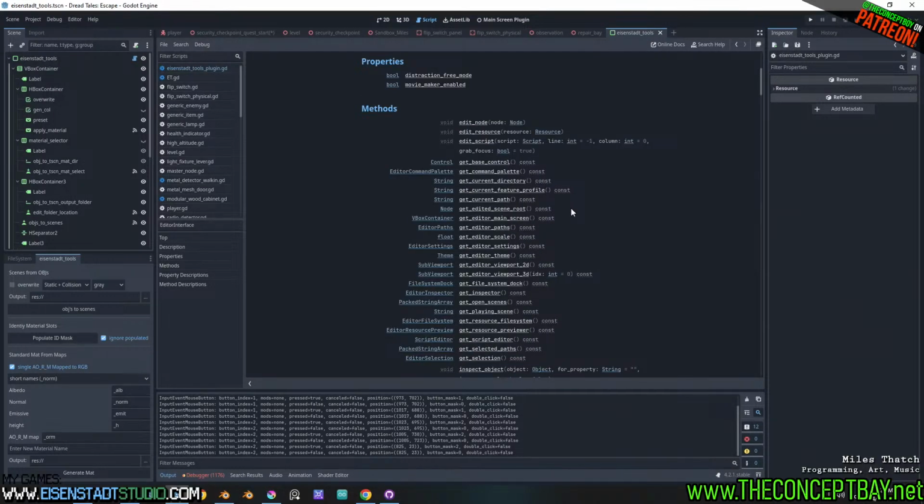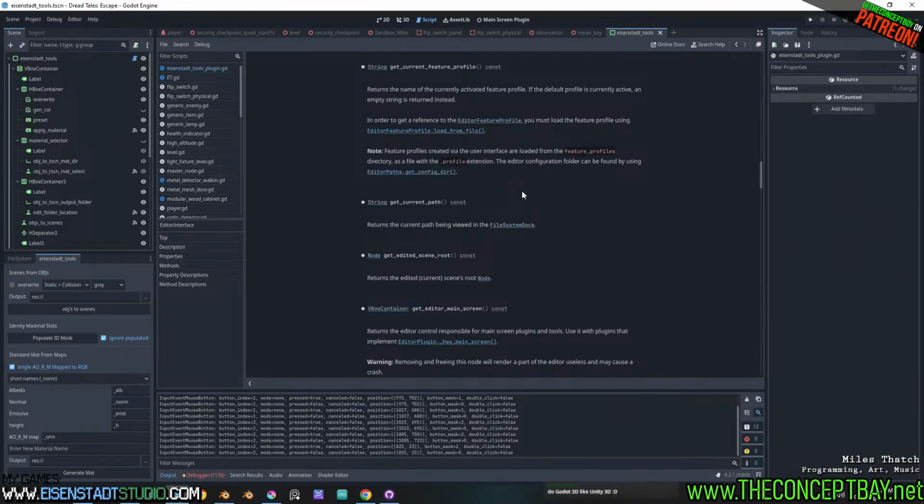Get command palette, get current directory, get current feature profile. Feature profile returns the name of the currently activated feature profile. If the default profile is currently active, is that it? Empty string is returned instead. If the default profile. I don't know if that's the case. In order to get the reference to editor feature profile,